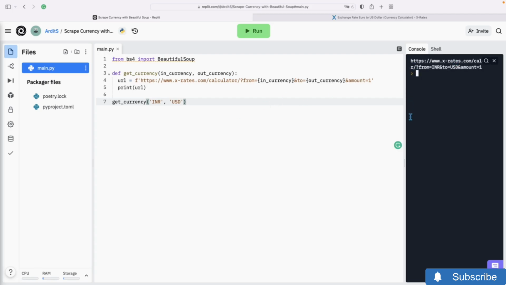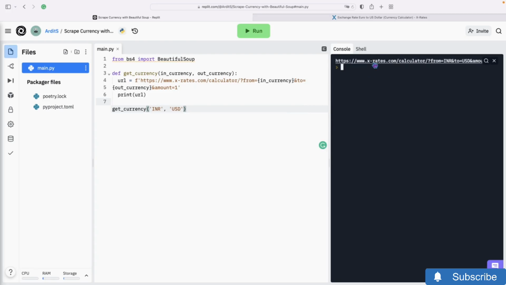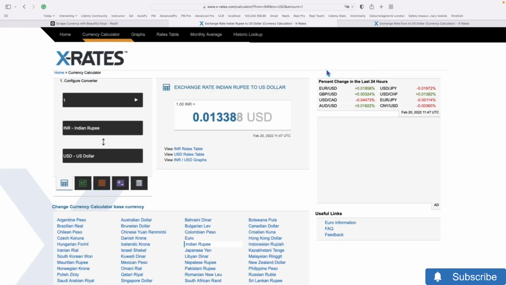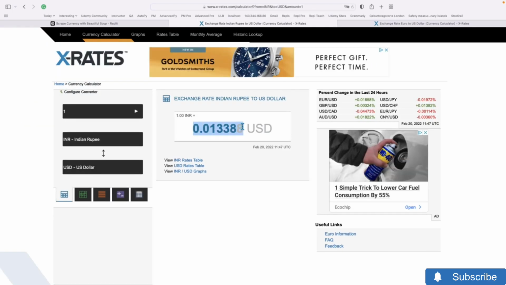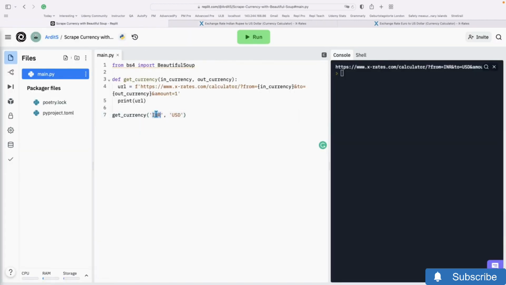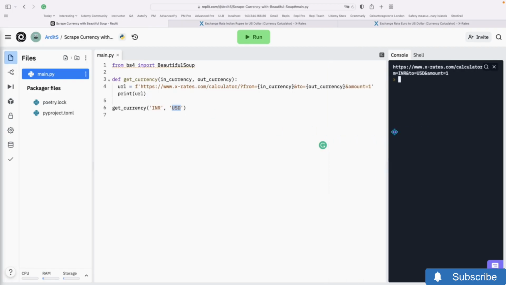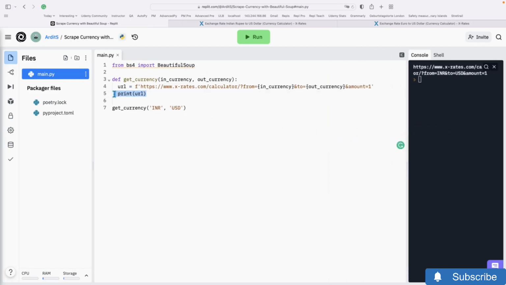So that's the URL we get. If I click that, we're gonna get the rate here, so the page from Indian rupees to USD, and that was the rate. Right, now that we have the URL correctly constructed, then we can go ahead and get the content, the source